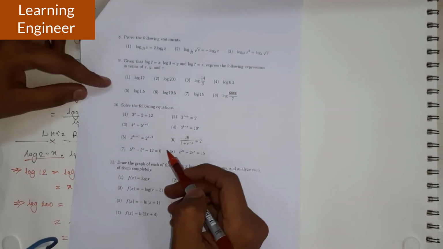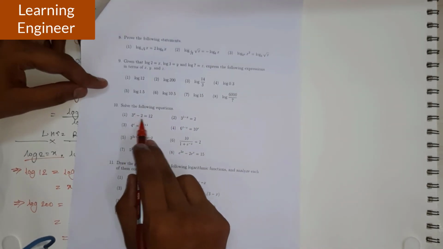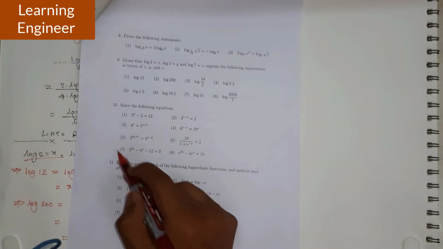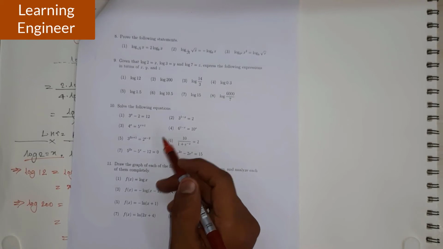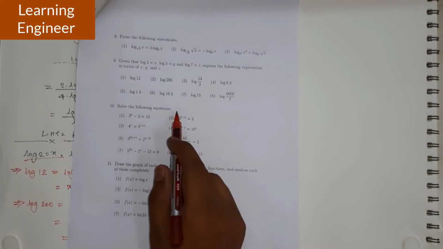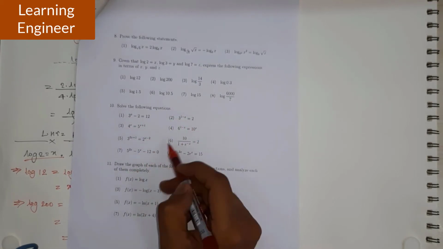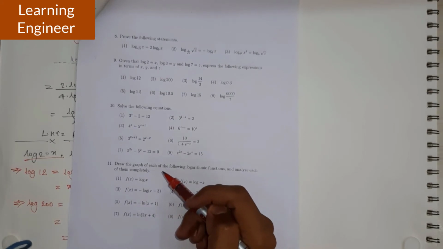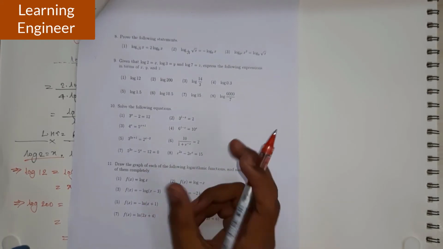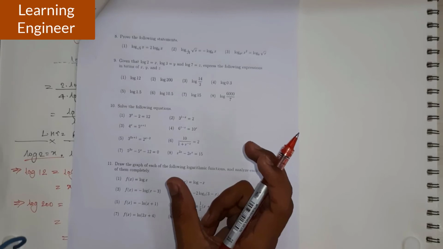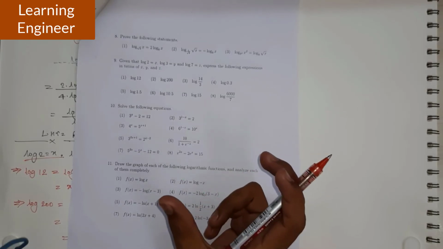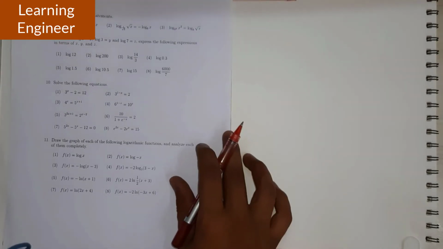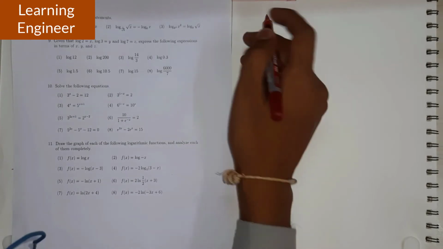Solve the following. An equation can be such that 3 raised to x minus 2 equal to 12. Means what? We have to find the x over here. Whenever we have been told to solve, that means we have to calculate the value of something. And when we need to evaluate, one part will be given and we have to simplify that part, we have to calculate the value of that particular part.